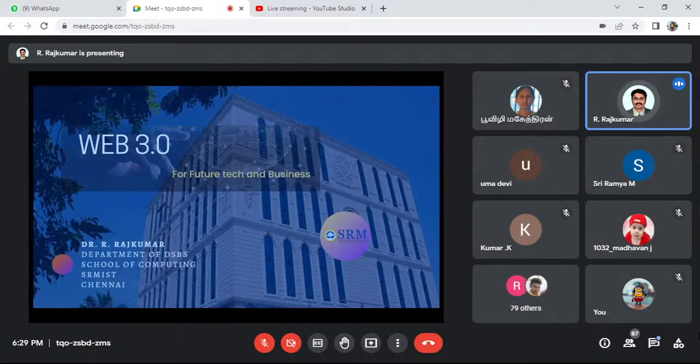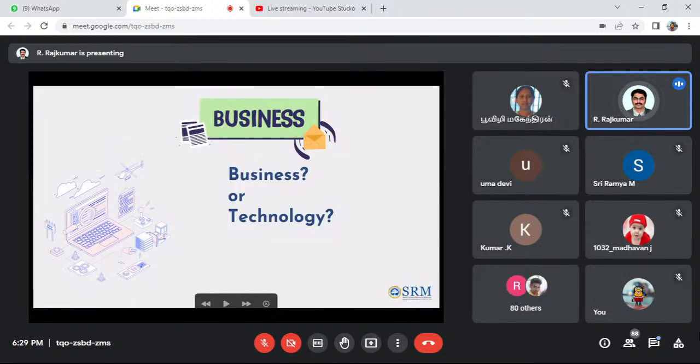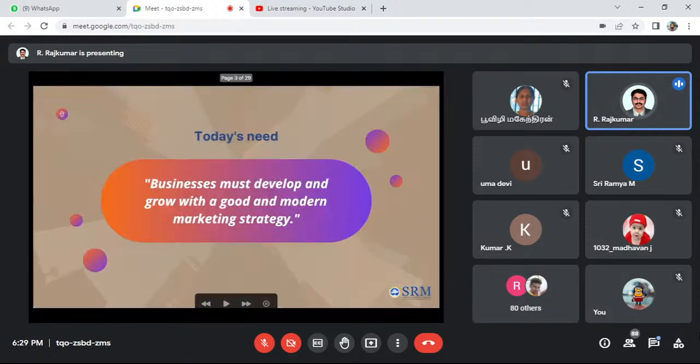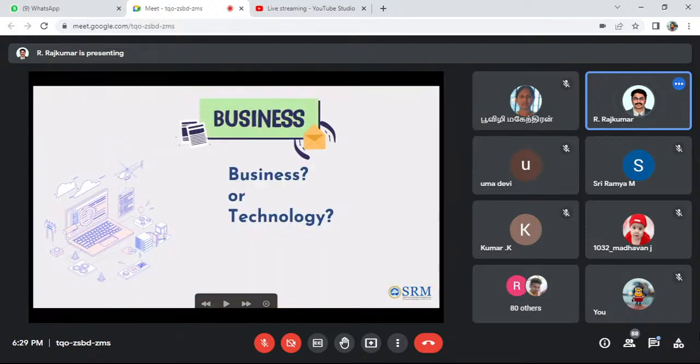Web 3.0 is the next era of the web. Normally we wonder whether to focus on business or technology. Actually, we have to focus on the business instead of the technology, because whatever the technology, it has to support the business.